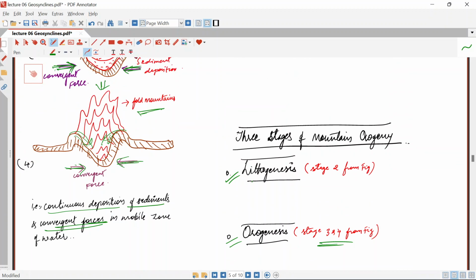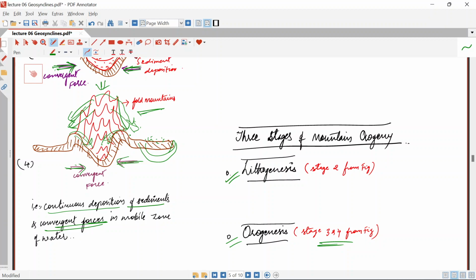Glyptogenesis is simple. It is a cycle process. Everything happens in a cycle. First we have seen there is a flat land, then the formation of depression, then the formation of geosyncline, then the formation of fold, and in the further stage the erosion also takes place. So glyptogenesis mainly talks about the erosion stage. Slowly the folded mountains start eroding. This erosion again deposits here and forms a kind of depression, and the process continues. This is a continuous cycle of process.